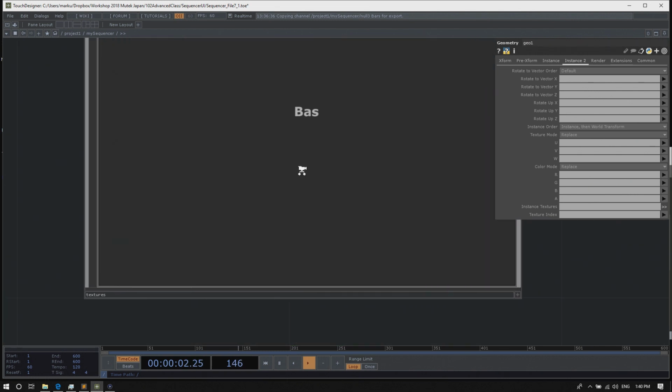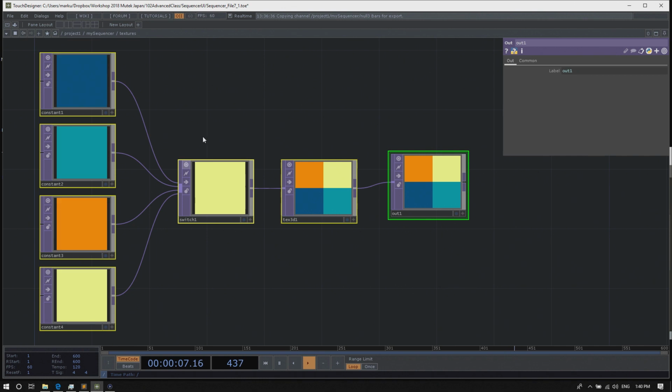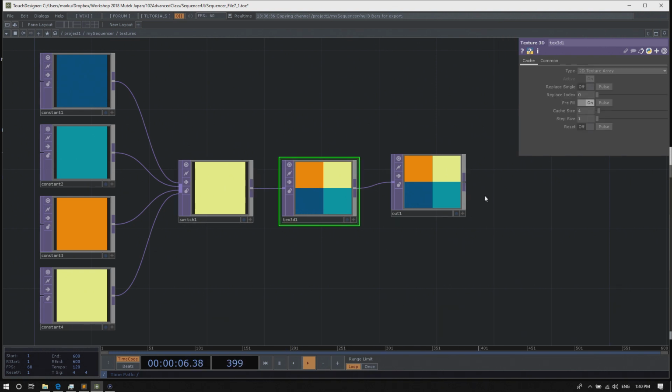This will give us this little component, and I'll go inside to show you. Have you worked with 2D texture arrays before and know how to fill them? A couple of you, that's good. Essentially, a 2D texture array or 3D texture you can think of like a cardboard box.